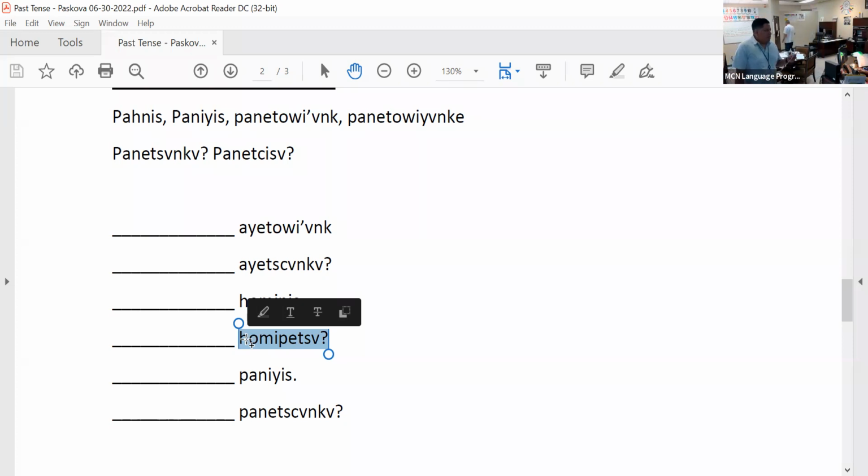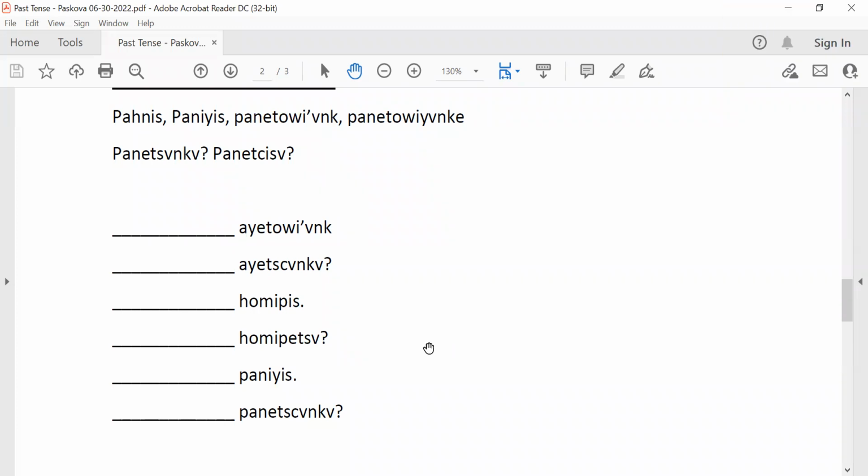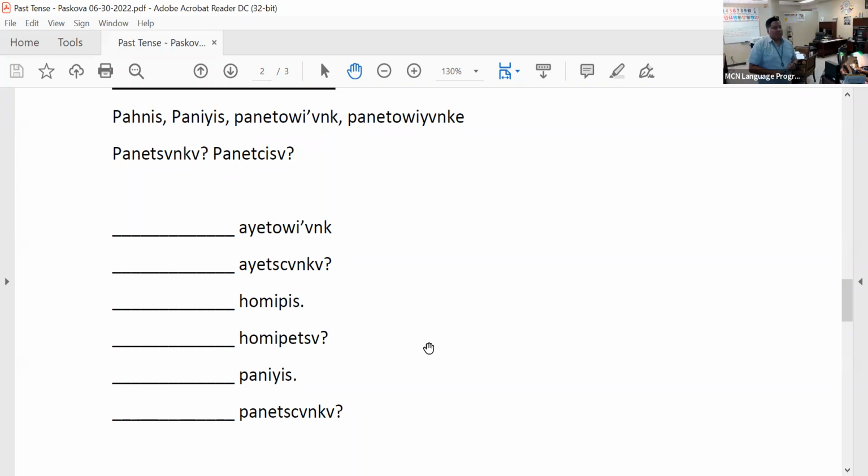Go ahead, whichever one you want to use. Okay, so let's see. The problem is, I don't have a whole lot of words that I know right off the top of my head for food. You can use any word you want to use. This is just practice and exercise. It doesn't have to make sense. You can use the dog. It's just getting you to talk it. That's the thing.